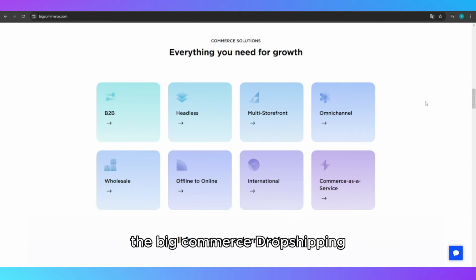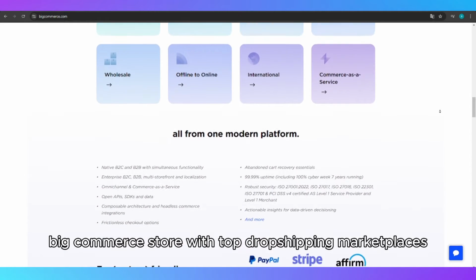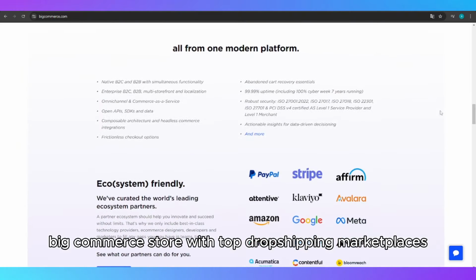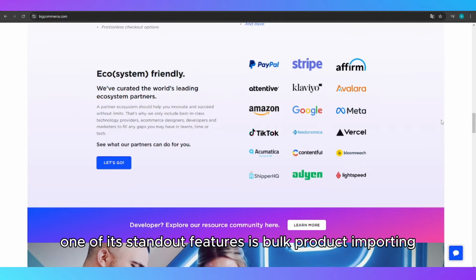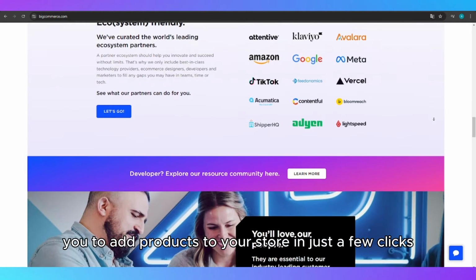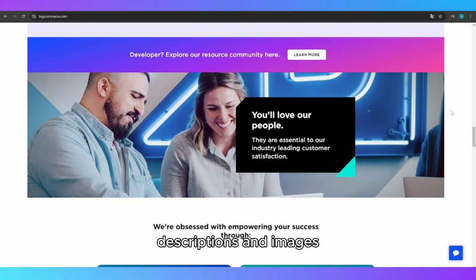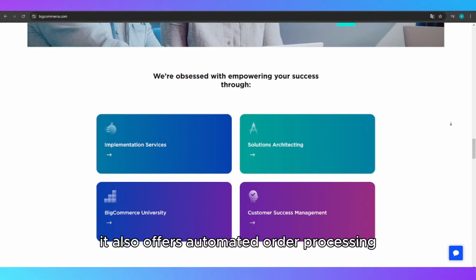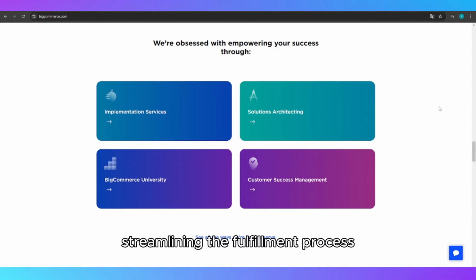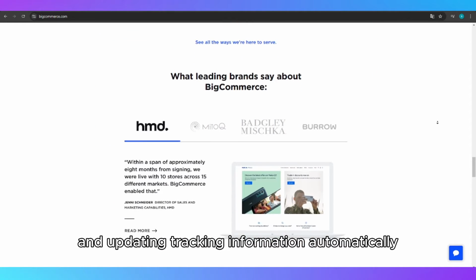The BigCommerce Dropshipping Marketplace Integrator is a powerful tool that connects your BigCommerce store with top dropshipping marketplaces like AliExpress, Amazon, eBay, and more. One of its standout features is bulk product importing, which allows you to add products to your store in just a few clicks, complete with optimized titles, descriptions, and images. It also offers automated order processing, streamlining the fulfillment process by syncing orders directly with suppliers and updating tracking information